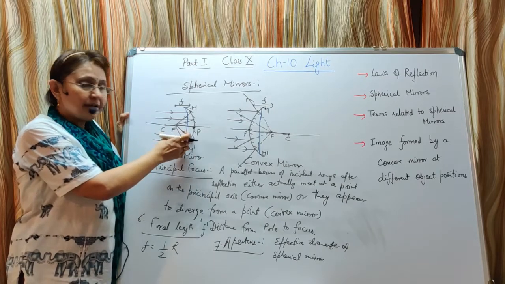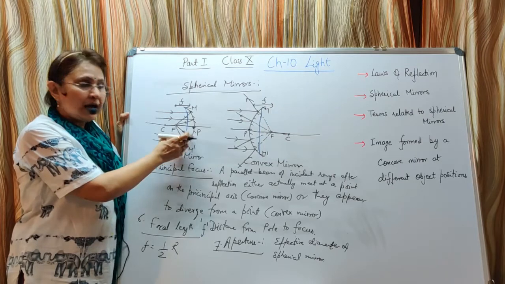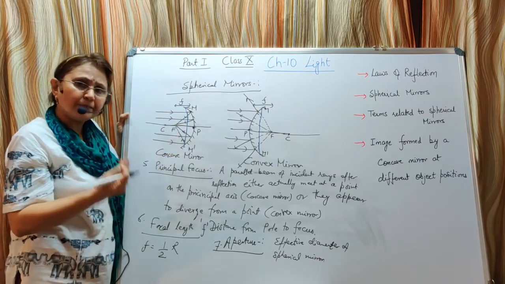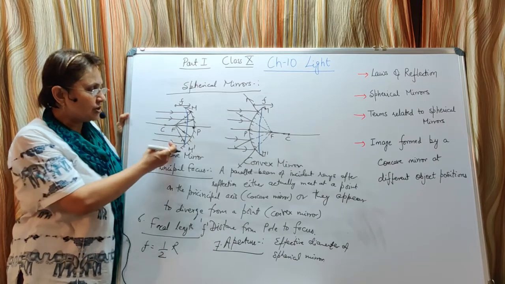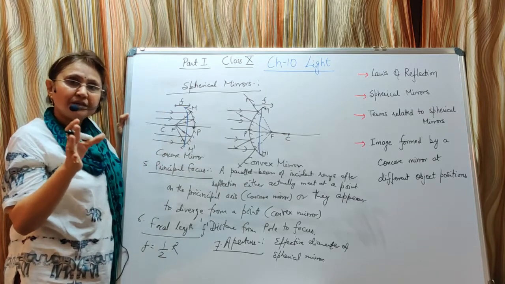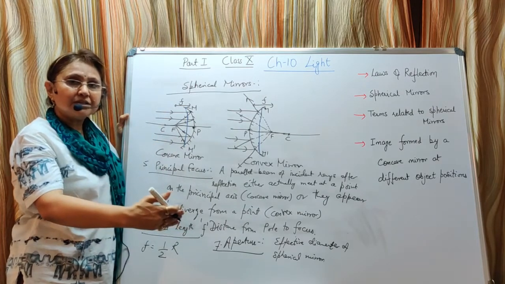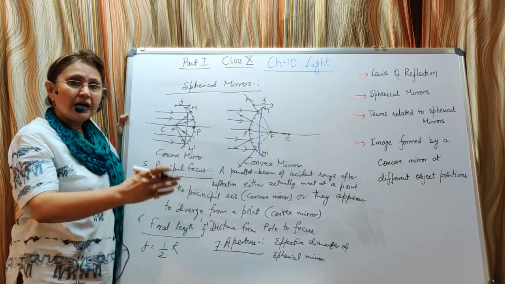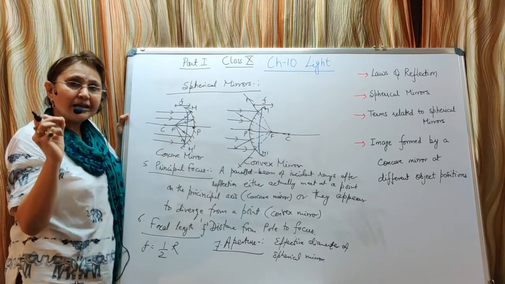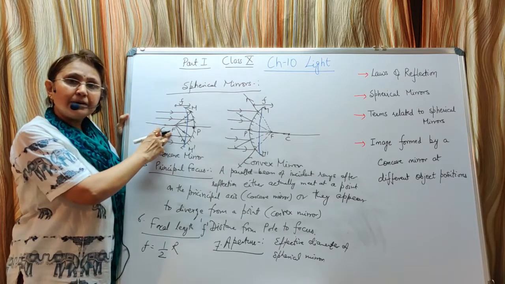So if you can measure the distance between where you place the mirror and the sheet, that distance will be the focal length. So approximately the focal length could be found out by this simple experiment. How? Take a concave mirror, face the reflecting surface towards the sun, place a carbon paper or a white sheet in front of it, and adjust the paper in such a way that you can see the bright spot, the bright image of the sun, on that paper.